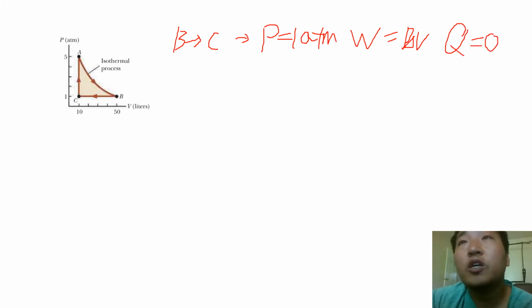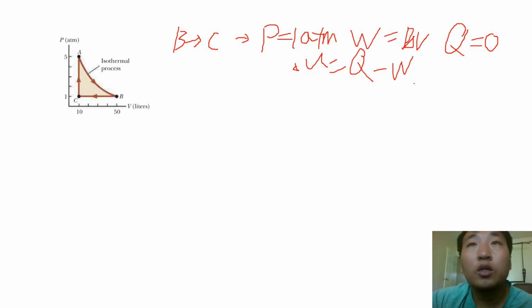Because the heat transferred is zero, the internal energy change equals negative W, because delta U equals Q minus W. So we can easily get the W with P delta V. The delta V is the last point C minus B, so that is 10 minus 50, which is negative 40